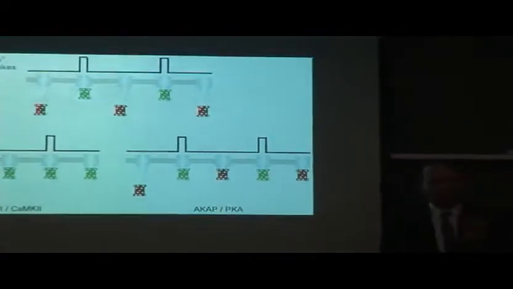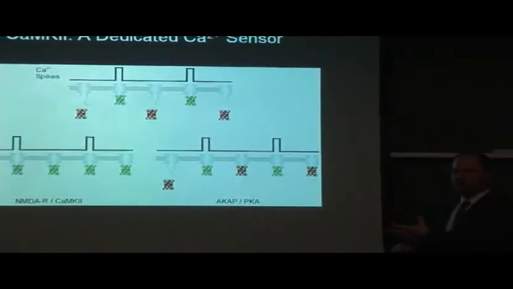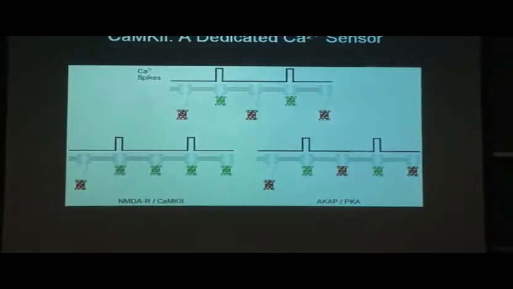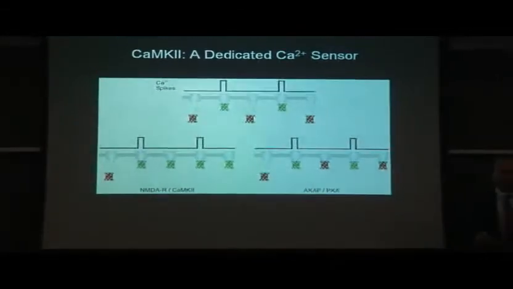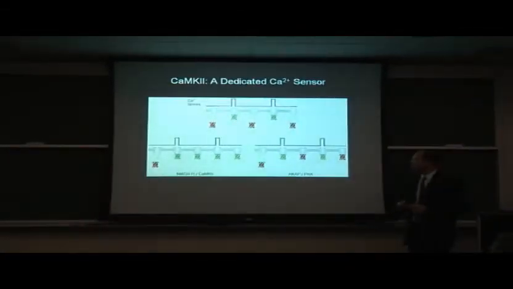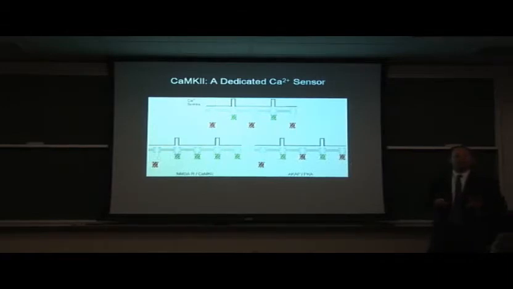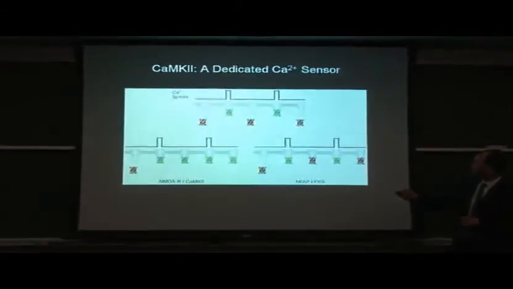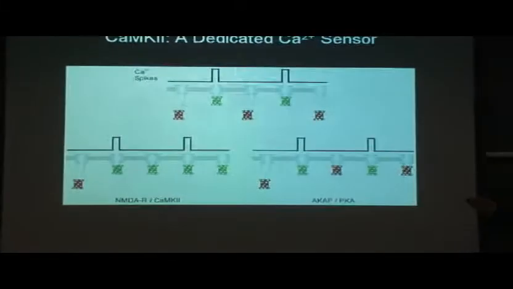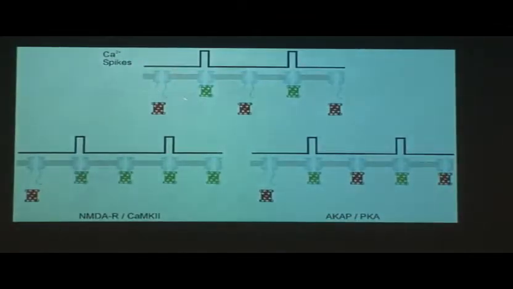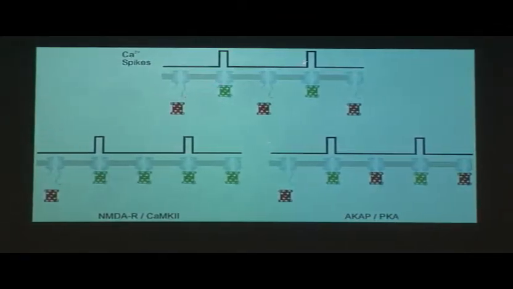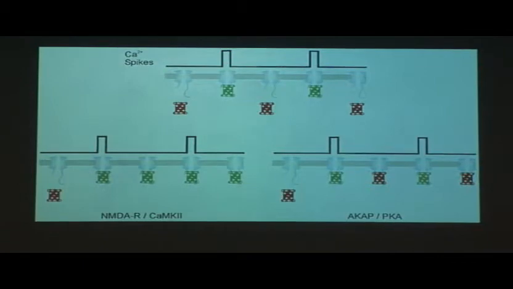So the data I showed you with the immunoprecipitation suggested that the kinase was associated with the channel, and that was important, and the mutation suggested that's important for function. So we considered that there were 3 essential possible models for how the channel and the kinase can interact and how that can lead to calcium-dependent facilitation. One is that the kinase, shown either off in red or on in green, associates only when it's on. And I apologize for anybody who's colorblind. It essentially goes on and off as the kinase is turned on and off.